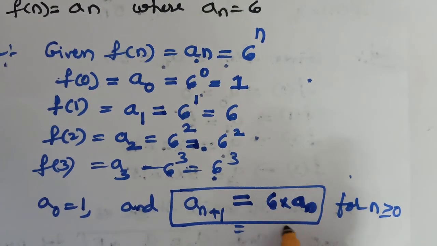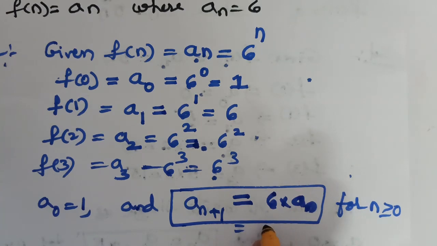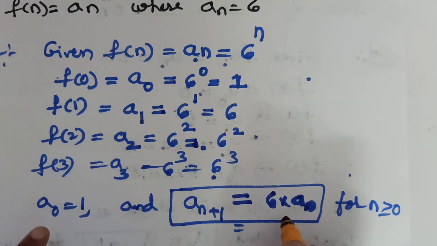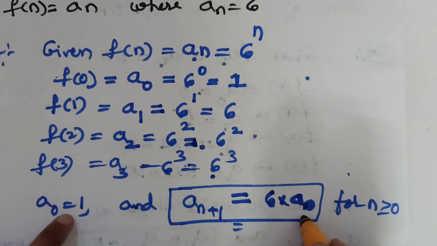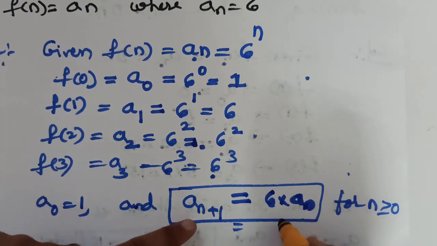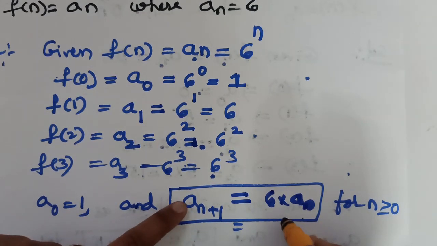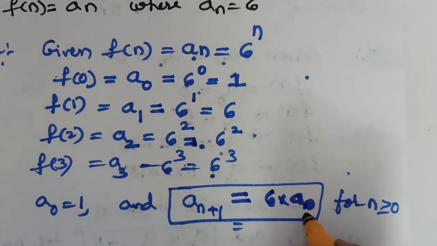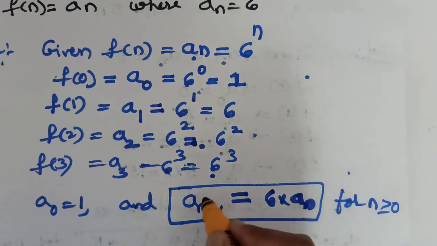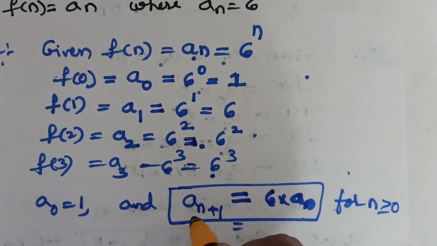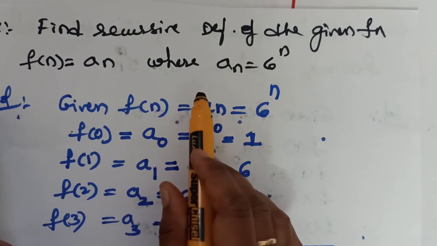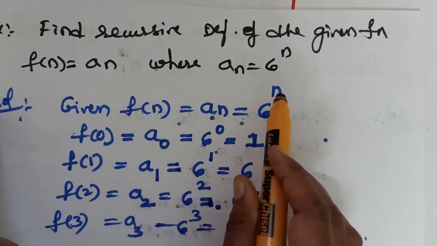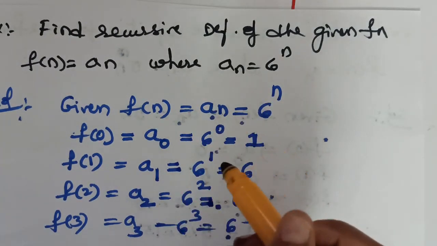So after writing this recursive definition, we need to check, is it the correct recursive definition? Yes. If I substitute n equal to 0, we get a1, that is 6 into a0, where a0 is 1. So 6 into 1 is 6. When I substitute n equal to 1, you get a2. So 6 into a1, again 6 into 6, yes, 6 power 2, 6 power 3, 6 power 4. You are getting the correct values with this recursive definition. Therefore, it is the recursive definition of the function f of n is equal to an, where an is equal to 6 power n. Similarly,